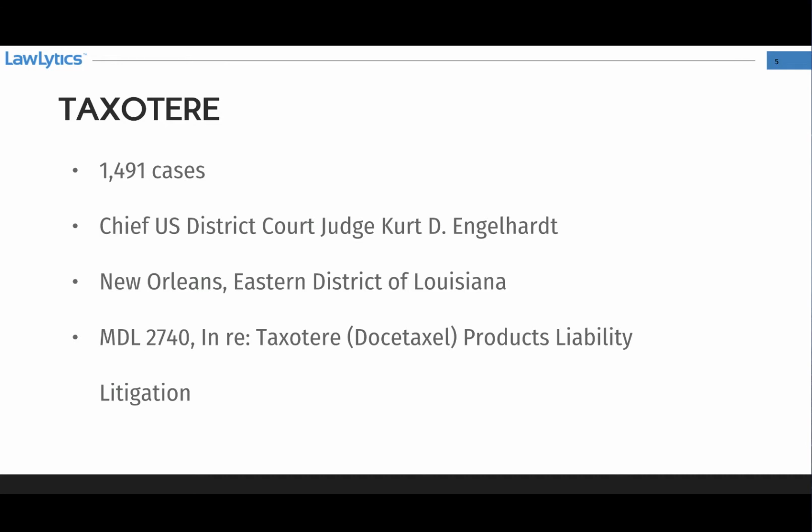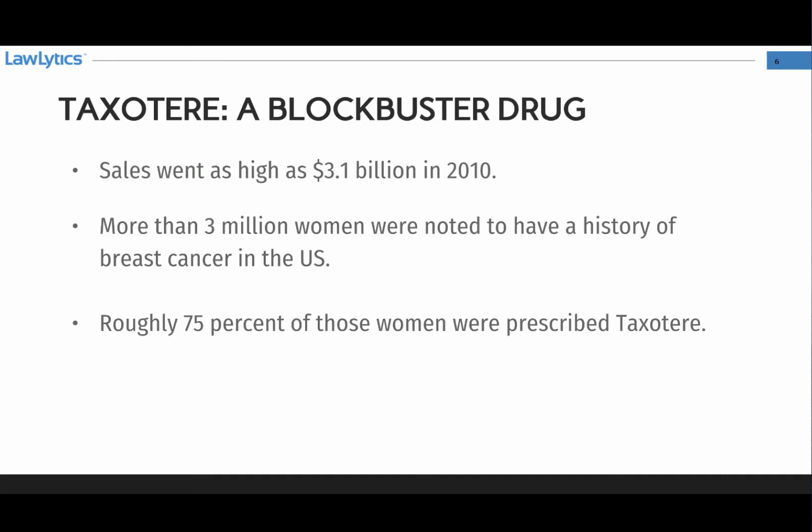This is a very fast-growing MDL. It was only created last October, and it's grown to 1,500 cases. Now, Taxotere is a blockbuster drug. The sales went as high as $3.1 billion with a B dollars in 2010, and it's estimated that more than